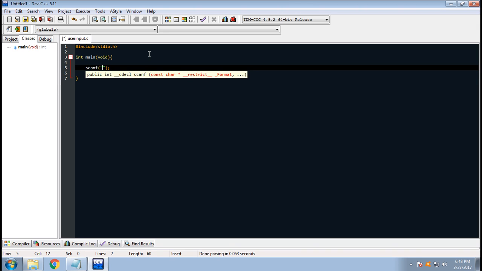Now this is the format list, and these are the format arguments, or I'll rather say format string. Now this is the format. This is just the simple way of defining the scanf function, which is already defined in the stdio.h